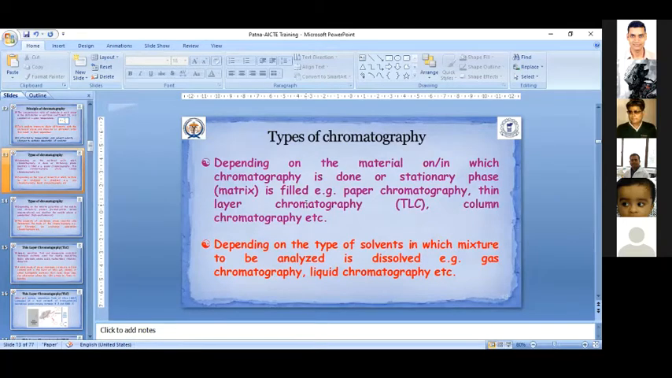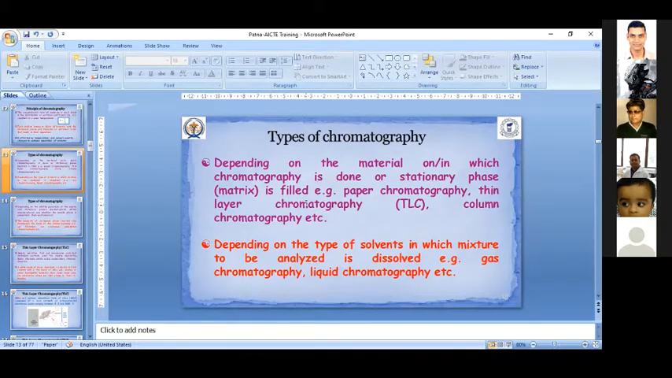For example, paper chromatography, in which chromatography is done on filter paper. Likewise, depending upon the material, it may be thin layer chromatography or column chromatography. Likewise, depending upon the solvent in which the mixture of analyte is dissolved, this chromatography may be liquid chromatography or gas chromatography. In gas chromatography, the mixture to be separated is vaporized and passed